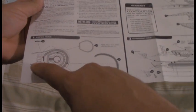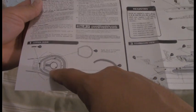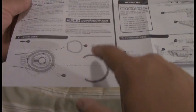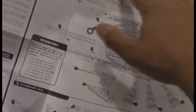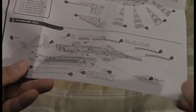And finally, our instruction guide. So yeah, it starts with a couple for the bridge. It says very clearly, do not attach the bridge until you've applied this one, and then this one goes around the B and C deck area, and then you've got your warp nacelles and your rear deck, and then your saucer, side of the ship, more side nacelle parts,